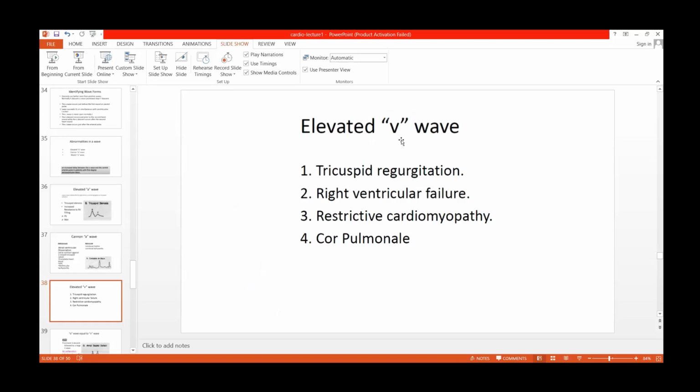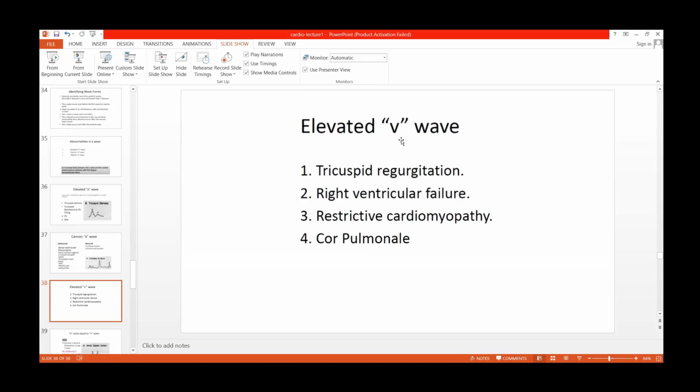So in tricuspid regurgitation, there will be obliteration of the X descent. So why is X descent produced? X descent is produced during the ejection phase in the ventricle. So in tricuspid regurgitation, due to the leaking valve, the right ventricle will empty into the pulmonary artery as well as into the atrium. So this whole X descent will be obliterated,